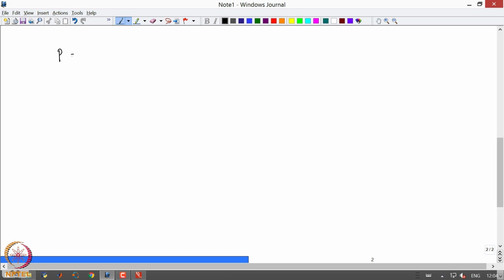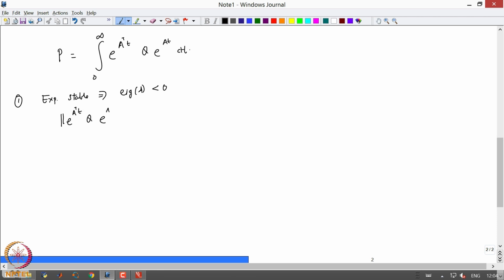So, I have P equal to the integral from 0 to infinity of e power A transpose t Q e power A t dt. First, is the integral well defined, or does this integral actually exist, that is, the integral from 0 to infinity of some function should not give me infinity. So, what do I know? I know that the system is exponentially stable, which also means that the eigenvalues of A are strictly less than 0. I am talking of the real parts of the eigenvalues of A being strictly less than 0, and therefore, if I look at this quantity e power A transpose t Q e power A t,